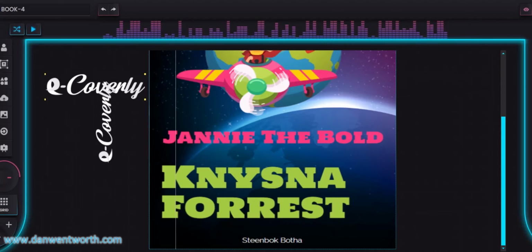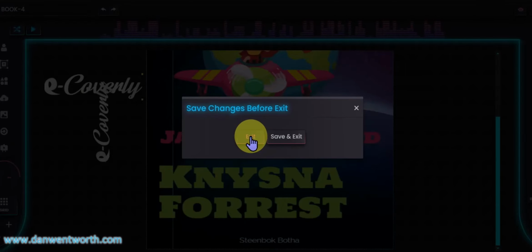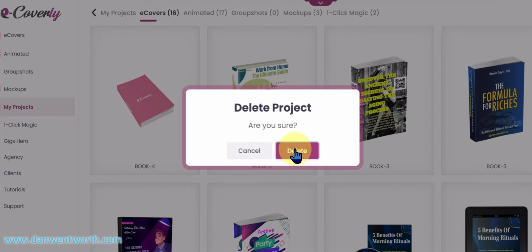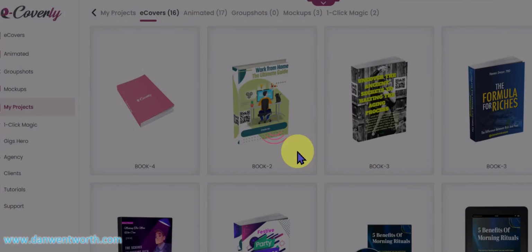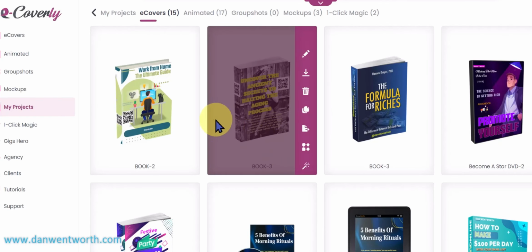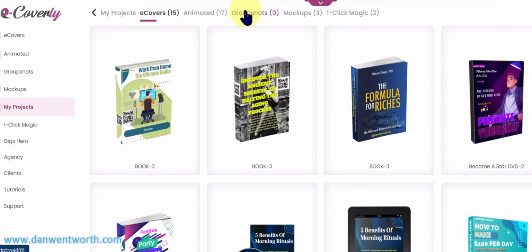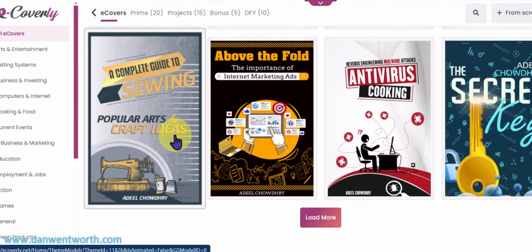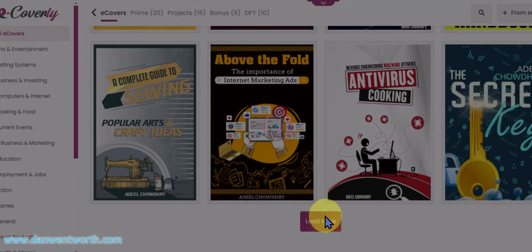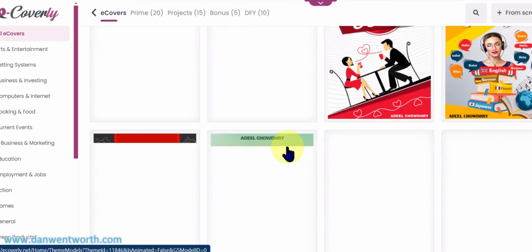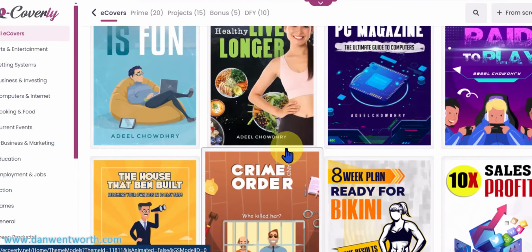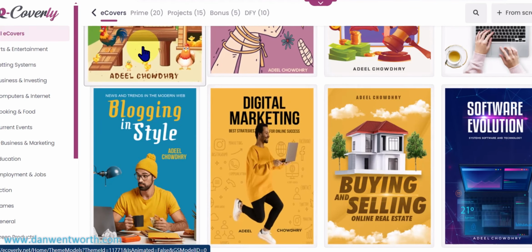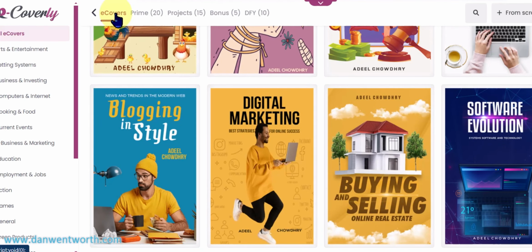So I'm going to close here, exit, I'm going to delete this. Then I'm going to start over. Choose eCovers. This is the list of templates that you can use. You can load more and more and more. So those are the templates, but what I want to do is I've got a project that I want to make an eCover for. So what I want to do is go here,